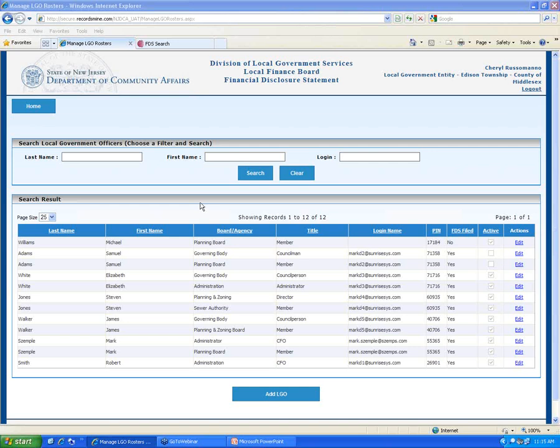A question came up yesterday: husband and wife both get Social Security. Those would be listed twice on the FDS if it's two separate checks or two sources of income. If the wife's getting her own source and the husband's getting his own check, they are two separate sources of income, so they need to be listed separately on the FDS form.